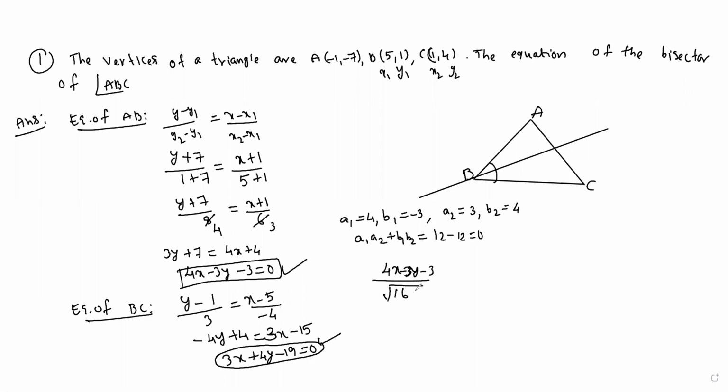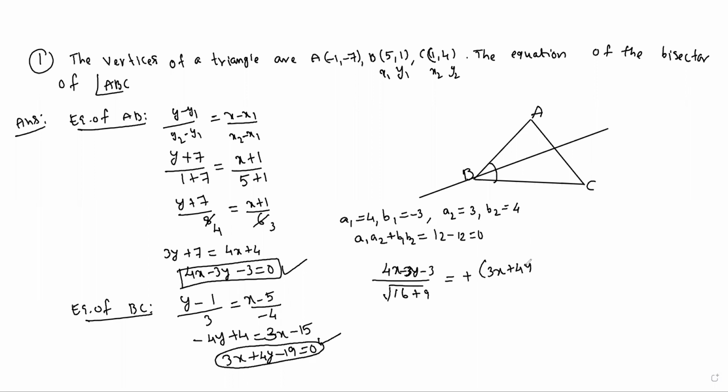4 square is 16, 3 square is 9, and it is equal to plus only, because perpendicular lines give you the bisector in between those values exactly, because the other bisector coincides with one of the lines. Now only one internal bisector is possible, so we'll take the plus symbol. Second one, what we'll get here in this case,